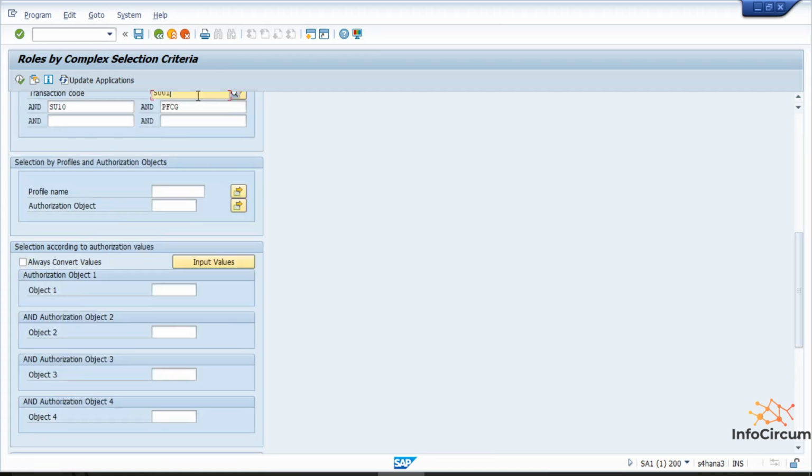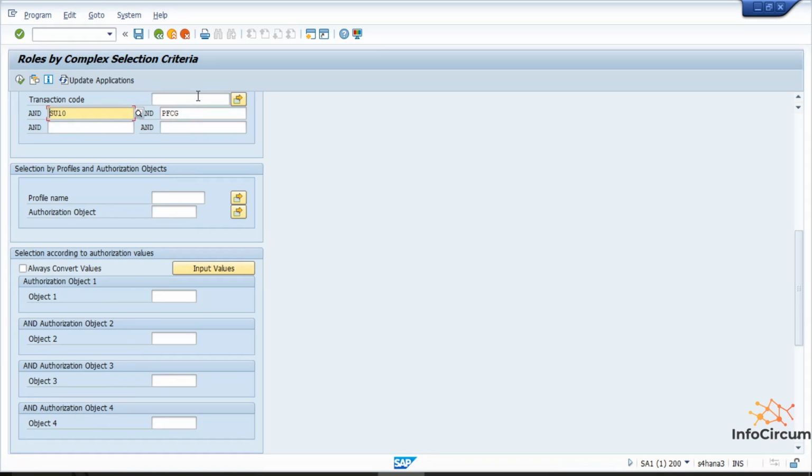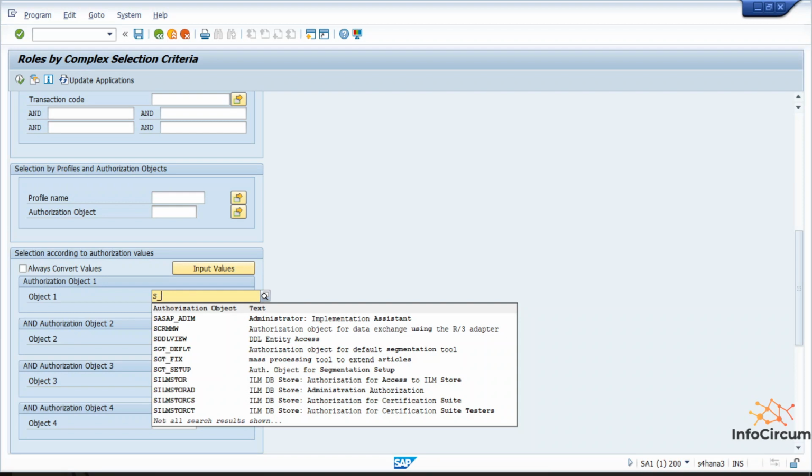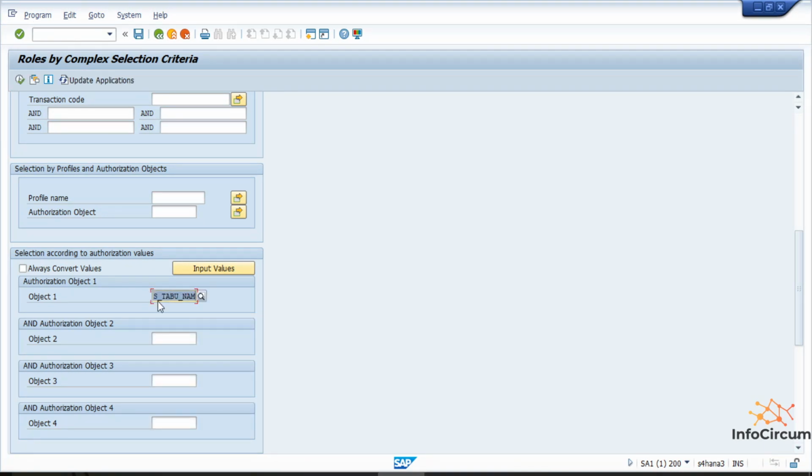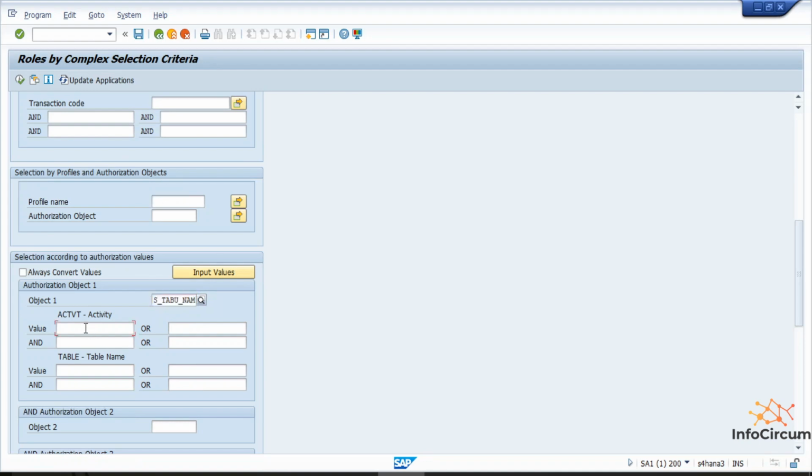For that, let's remove these things first. Now enter in the authorization object column, S_TABU_NAM. We can also give a specific activity and a specific table name as well. I'm just leaving it blank for now.